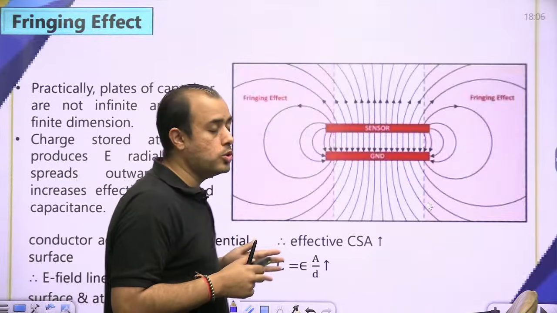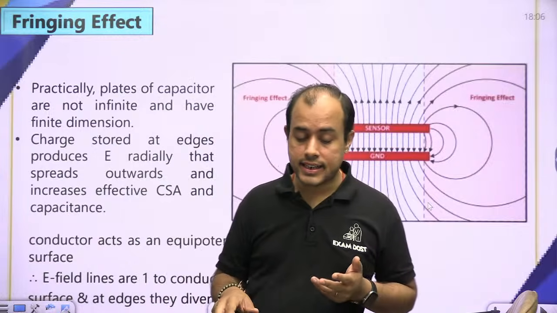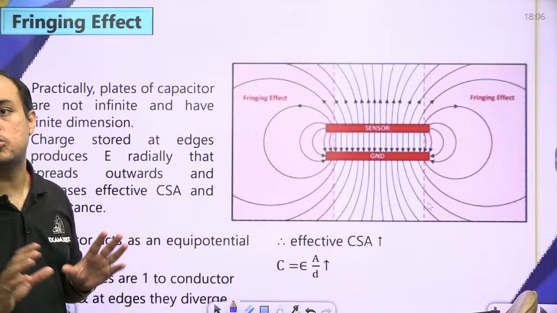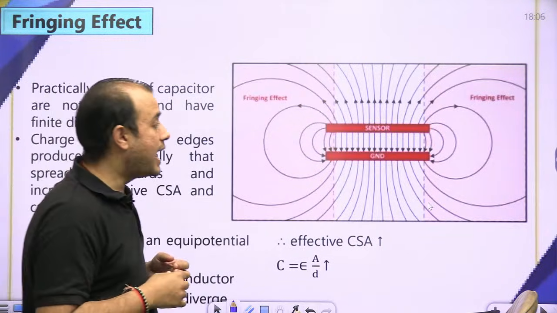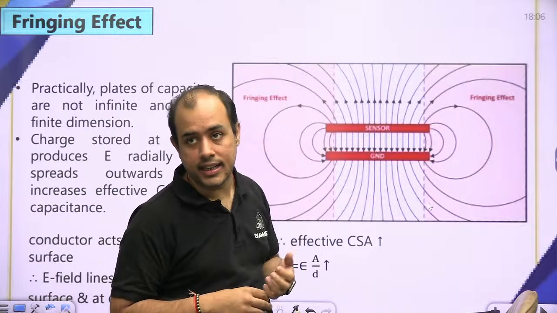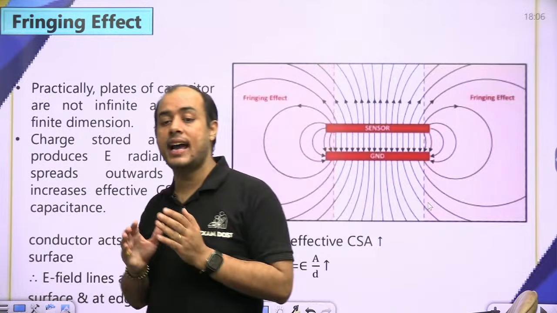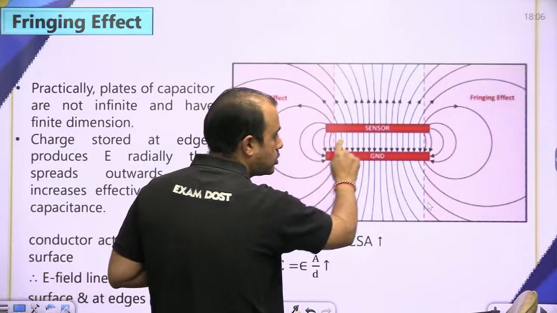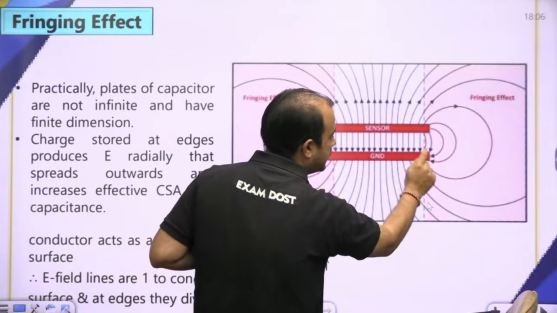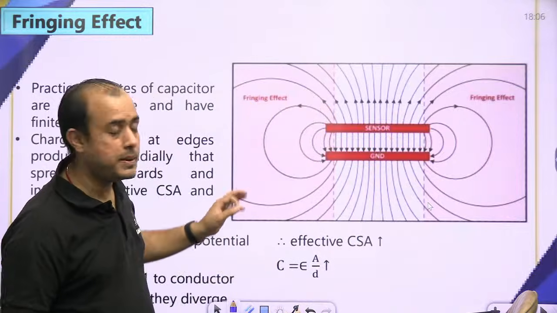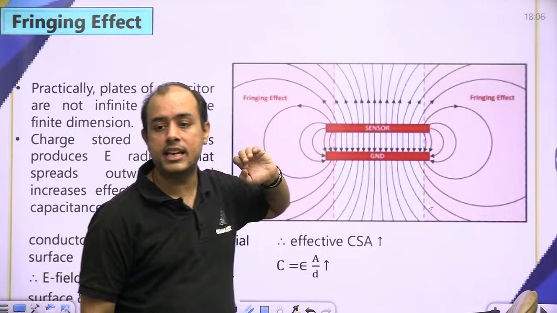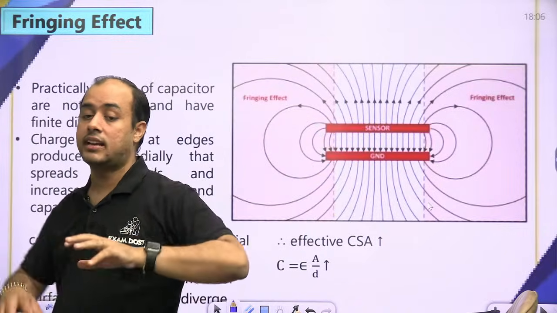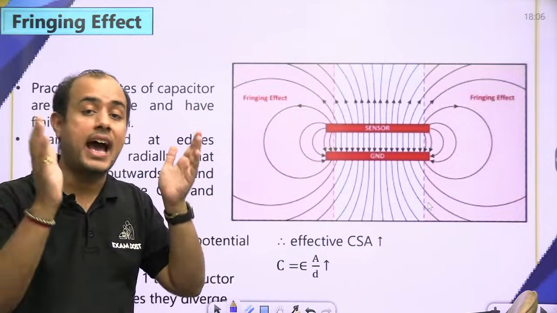Now beta, I told you that the plates of capacitor are treated as infinite sheets. But is it practical for anything to be infinite? No, sir. Practically, the sheets will have certain edges. Now, at the edges, we observe that the electric field is not perpendicular to the plate, it is taking a curve. Now this curving of the electric field or spreading of the electric field at the edges of